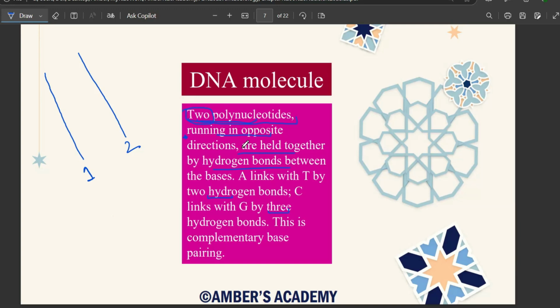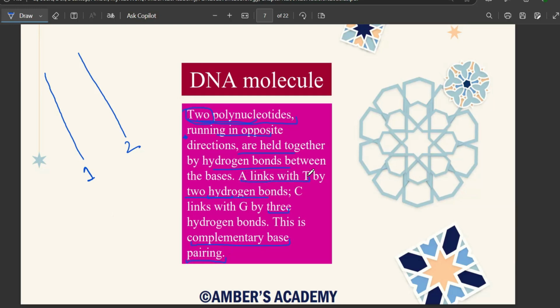And for example, if one of the bases is adenine, it will bind with thymine, and in between you will find two hydrogen bonds. And अगर there is this cytosine का nitrogenous base, it will bind with guanine and it will have three hydrogen bonds in between. So we term this as complementary base pairing. Okay, so if at any point you're asked to describe complementary base pairing, you need to give this example and you need to mention the hydrogen bonds. Okay, so hydrogen bonds, you need to remember this. You need to remember that adenine will bind with thymine.